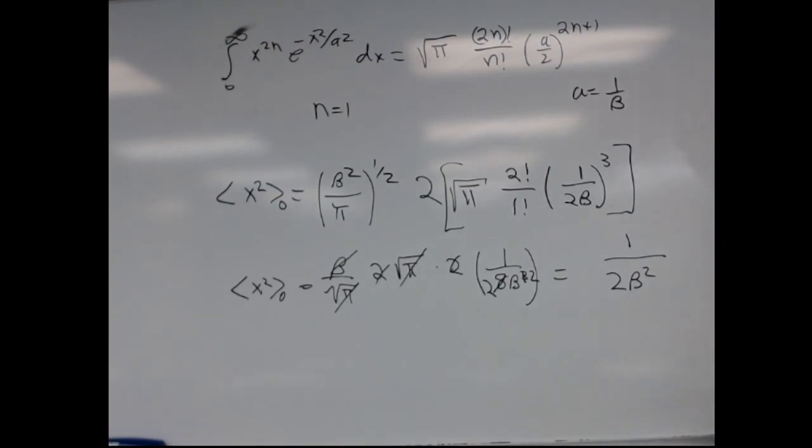All right, so let's do the other one, p squared. We did p, and the expectation value for p was 0, also by symmetry, which we said a minute ago. And so p squared is h bar over i d by dx on h bar over i d by dx, which is equal to minus h bar squared d squared by dx squared. So if I wanted the expectation value for that for the ground state,